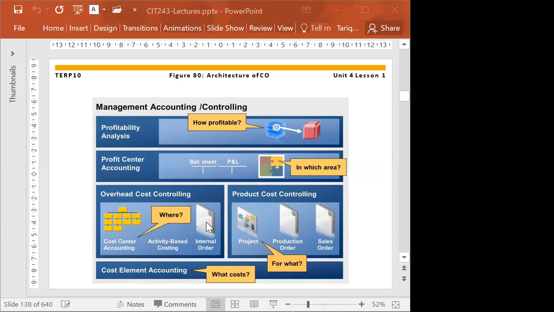Another example, let me give you another example. We go for a production order, or you can say maintenance order. We took our car to the maintenance center. Now, what happens? They create a maintenance order for our car, and on that maintenance order there's nothing written. Now, what happened? They open the car and they say, okay, we have to make an oil change.